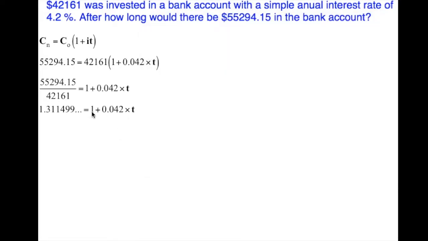To further isolate the t, I'm going to subtract the 1 from both sides, right? You have to do this in the opposite order of the order of operations, so I'm going to get rid of the 1, which is being added to the t. I'm going to subtract 1 from both sides. When I subtract 1 from the right-hand side, it's gone. When I subtract 1 from the left-hand side, we have